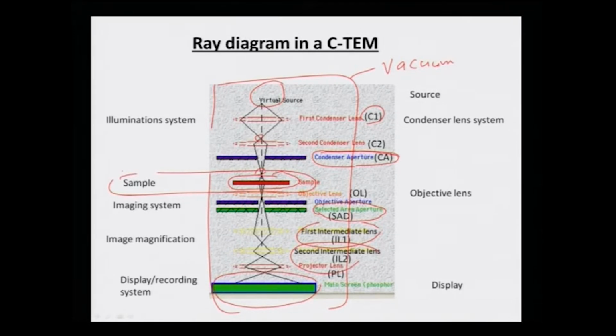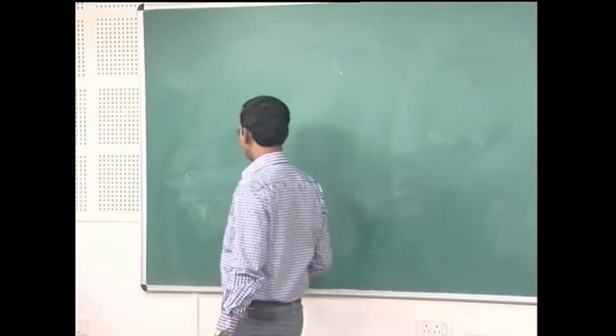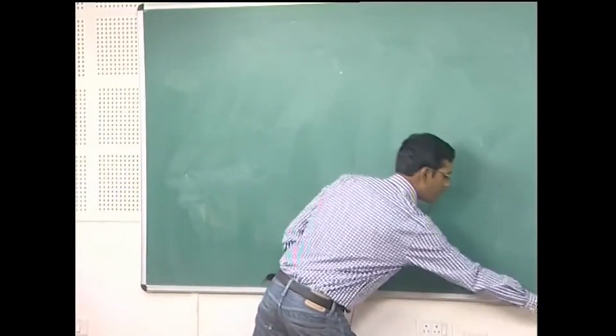So, as you can clearly see, as the electron falls on a sample, there is a lot of interaction happening, and so now the next thing I am going to discuss is how this interaction can be used. So, let me go back and tell you how this interaction can be used for different purposes in transmission electron microscopes. If I consider this to be my sample,